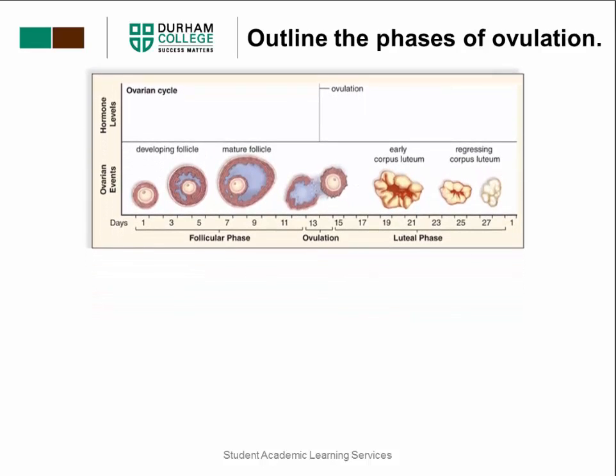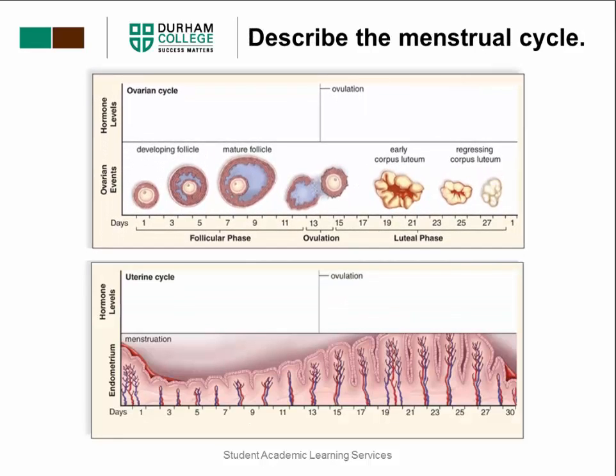If we move the ovarian cycle above, we can take a closer look at the uterine cycle. The uterine cycle shows us what is going on in terms of the uterus. Again, we're looking at a 28-day cycle, and it is composed of three parts. The first is menstruation, the second, the proliferative phase, and finally, the secretory phase, until we go back to the